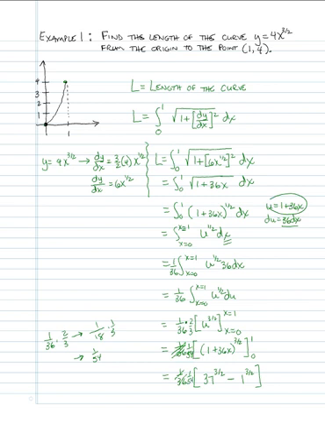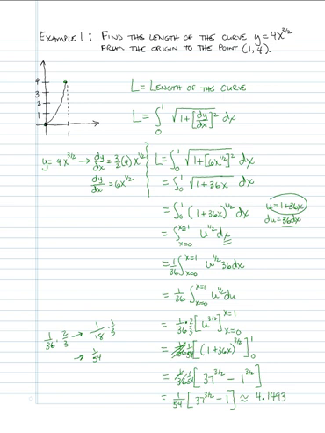So we end up with 1 over 54 times the expression 37 to the 3/2 minus 1 to the 3/2. Well, of course, 1 to the 3/2 is simply 1, isn't it? So this ends up being 1 over 54 times 37 to the 3/2 power minus 1. And of course, we can leave it as an exact value here, which is certainly valid. Or we could now use our calculator and approximate that, and I've done that. And when I approximate it, I get